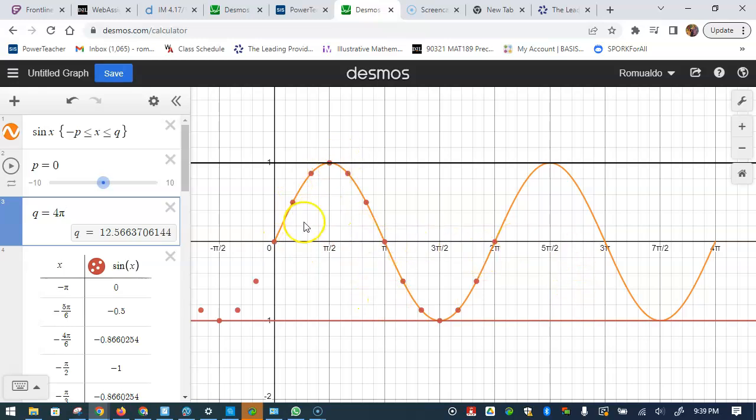And also the amplitude. So what is amplitude? The maximum from the x-axis. That's the distance from this point to the x-axis, which is 1. That's the amplitude. You can also remember amplitude as